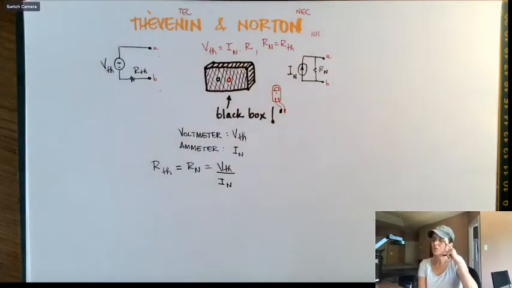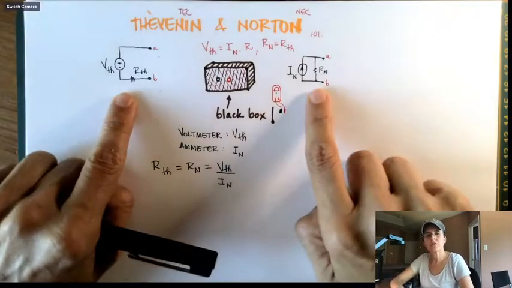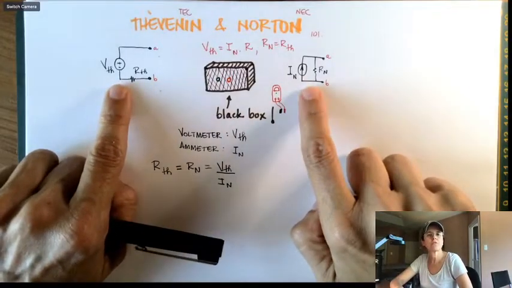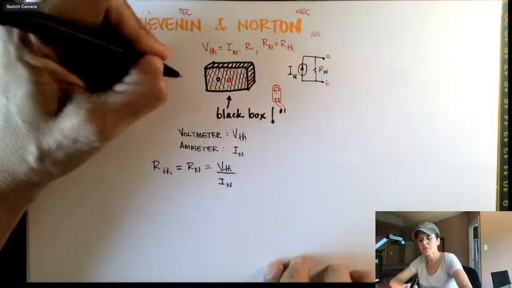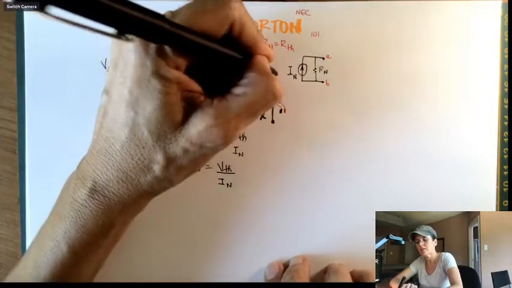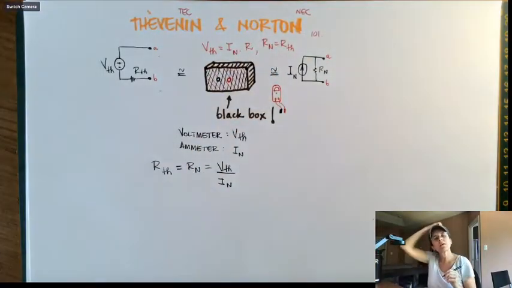Okay, so I just talked to you guys about how these circuits are equivalent. So Thevenin is equivalent to Norton and equivalent to this black box. So I could have just said this is that and this is that, and following on that example,